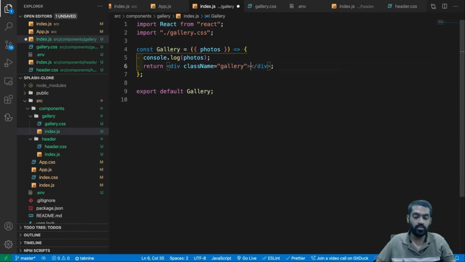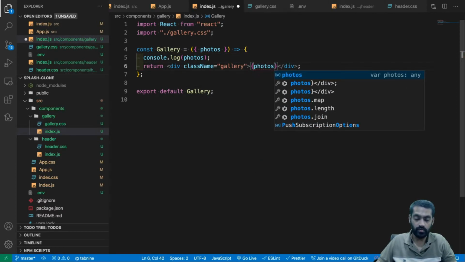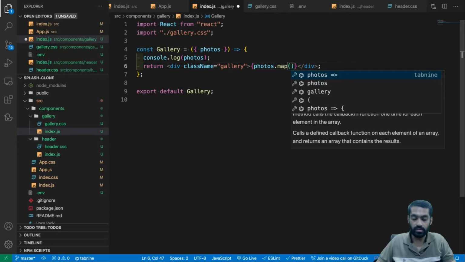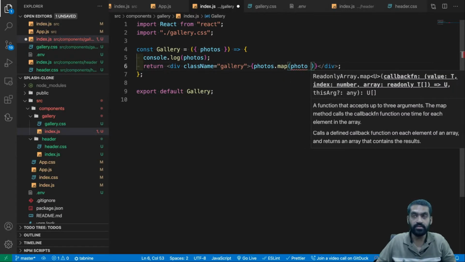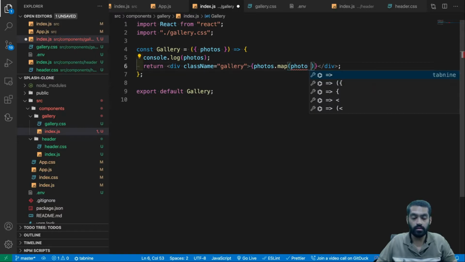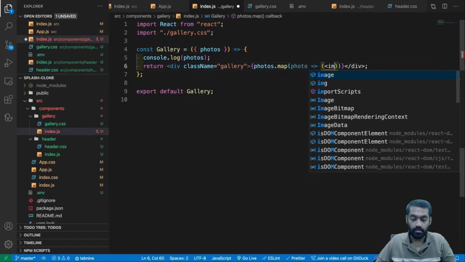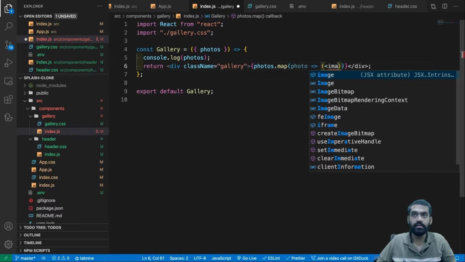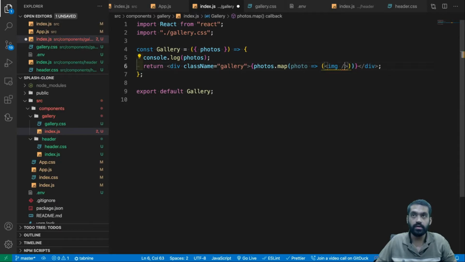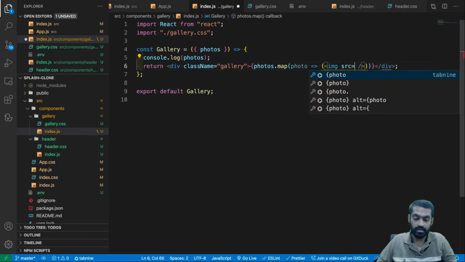So let's just go in here and do photos. What we'll do is we'll add a map function here, and it gives us one single photo, right? And then we have another callback here, and let's add the img component. It takes what? src.